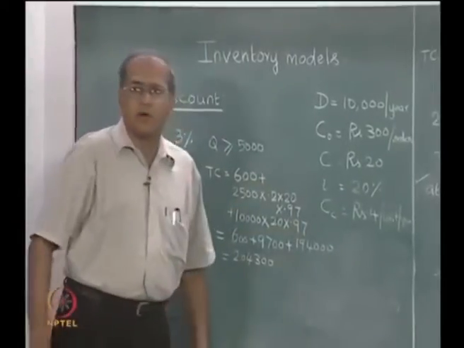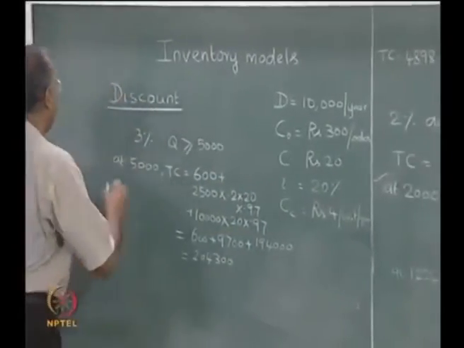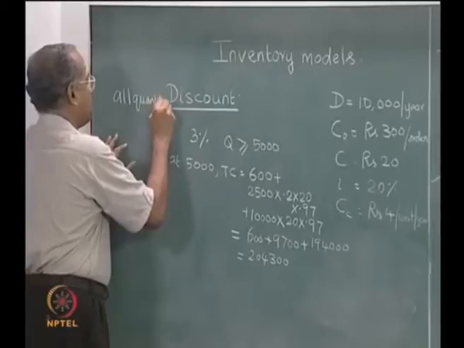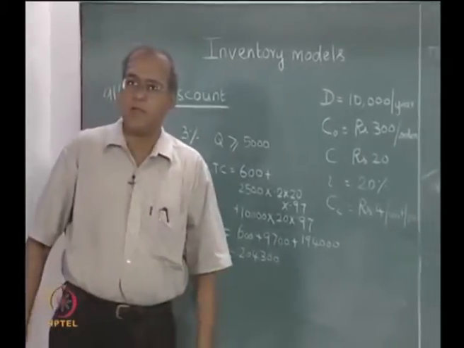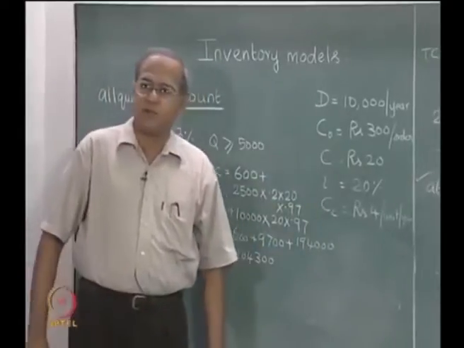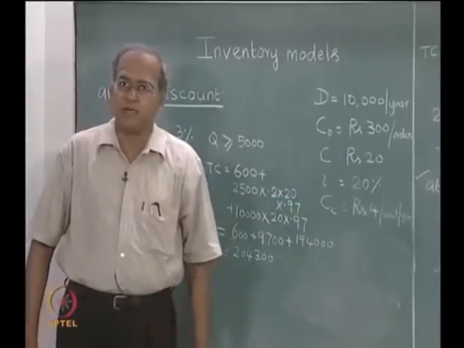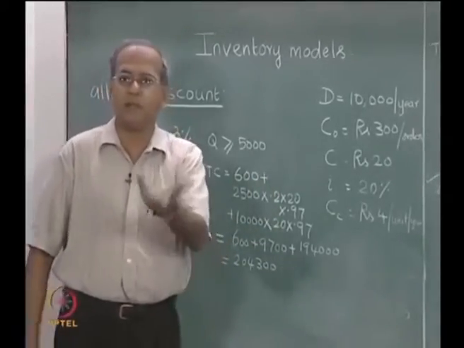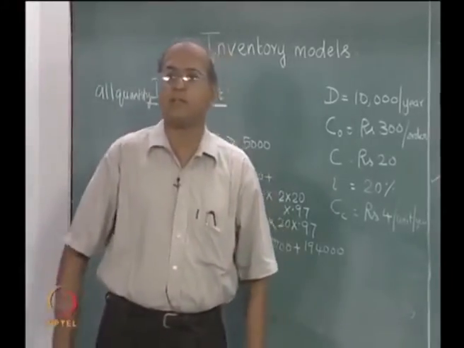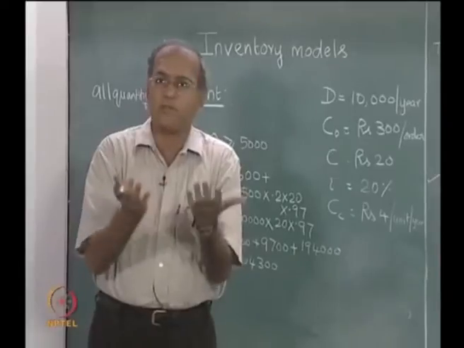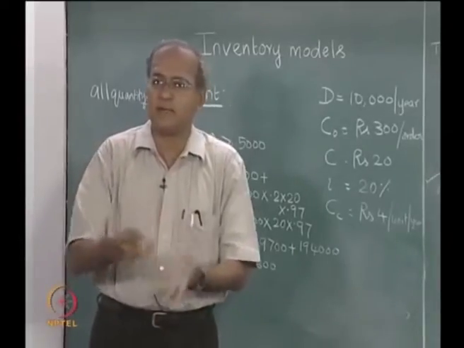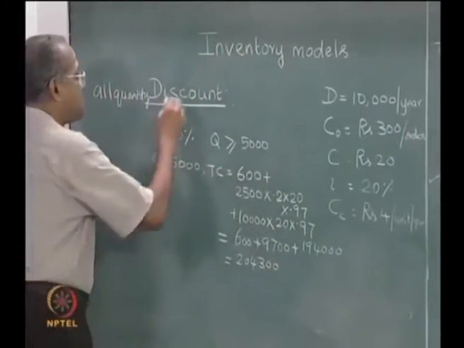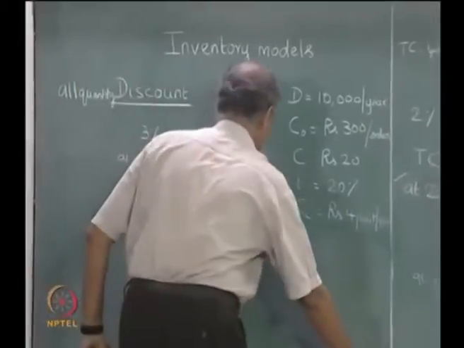So far, the discount model that we have seen is called an all quantity discount, by which we mean that if you order a quantity of 2000, then for every item that is ordered, the cost is not rupees 20, but it is 98% of 20, which is rupees 19 and 60 paise. For each one of the 2000 units, the price is 19 rupees and 60 paise. Now, we could also have something called marginal quantity discount. So, let us look at that.